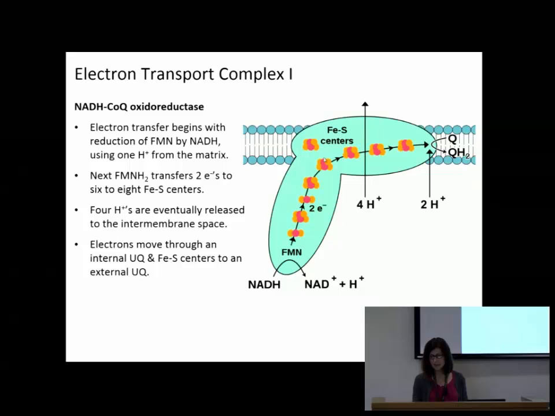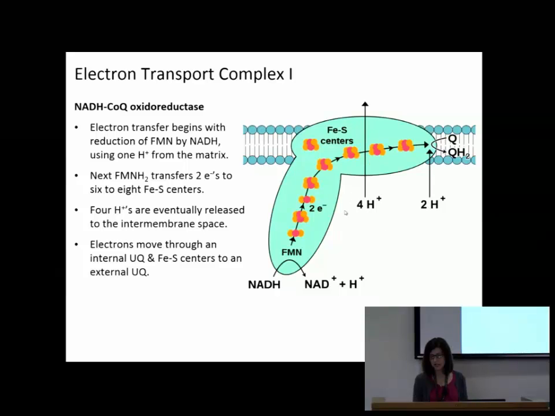So we're passing the electrons and passing. There's a bunch of iron sulfur centers, 6 to 8 of them in here. So I want you to know NADH, FMN, iron sulfur centers, then to coenzyme Q. In that passing of the electrons from the NADH to FMN to the different iron sulfur centers,